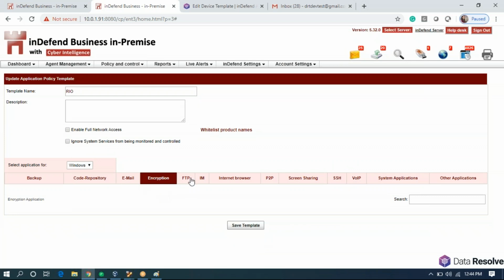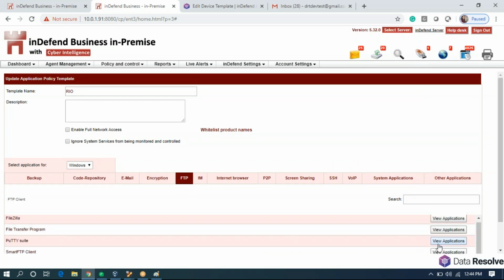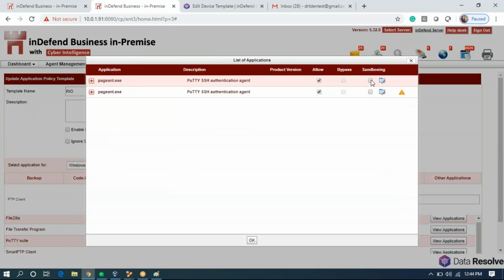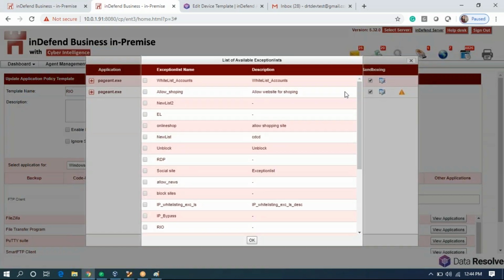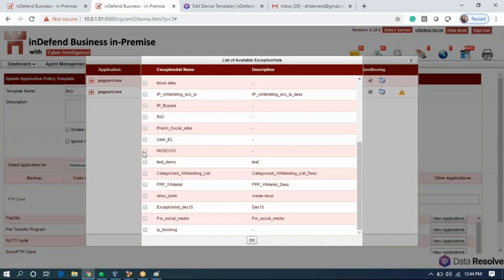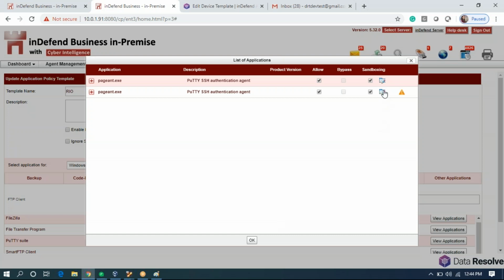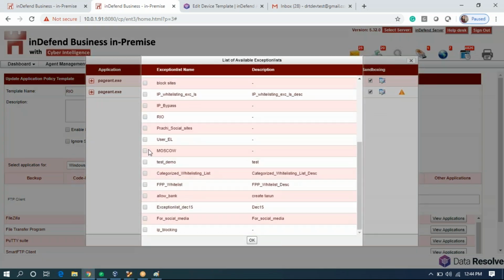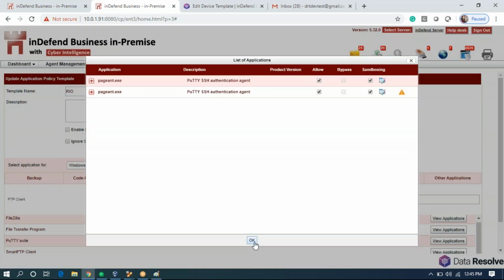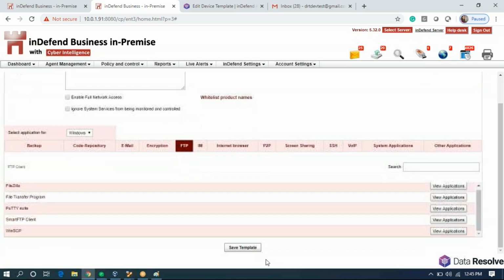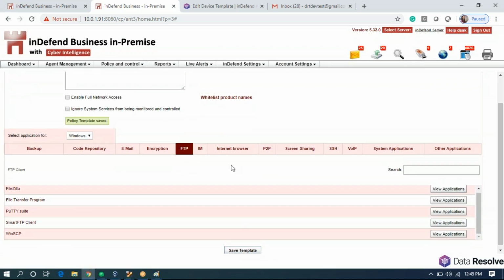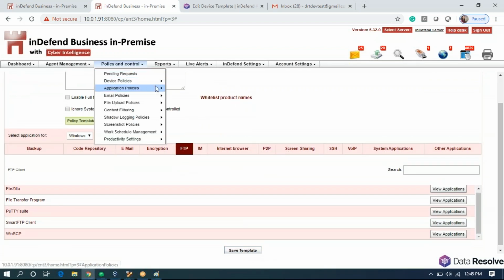We also have PuTTY application somewhere else under FTP. We save this policy.